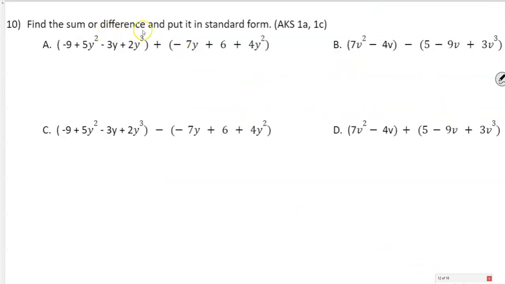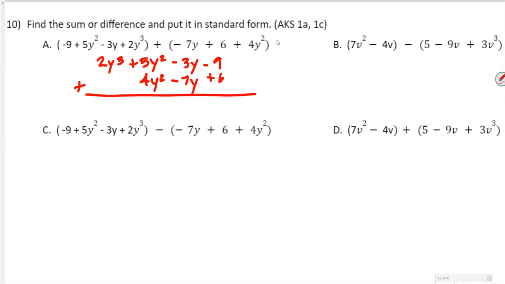All right, then it says find the sum or difference, put in standard form. So what I'm going to always do here is I'm going to put them in descending order first. So this is going to be 2y to the third plus 5y squared minus 3y minus 9. Line up your like terms, okay? So I notice I don't have a y to the third, and we are adding these, right? So we're not going to be changing any signs here. So this is going to be 4y squared, and then we got minus 7y, and then we got plus 6,